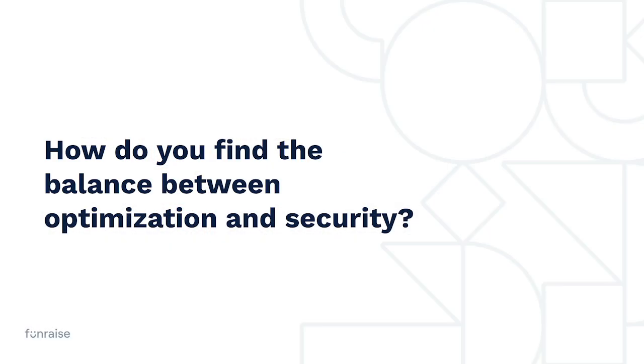Thank you. Another question comes to mind, and you talked about this a little earlier in the presentation. Often what you see at nonprofits is a dance between ultra secure and optimization. If I'm on the marketing team, I want the slickest, least frictiony way to make a donation. If I'm on the technical, IT, or security team, I want to ensure that security is top notch, and often these things conflict with one another. What would your advice be to organizations trying to find that balance between optimization and security?